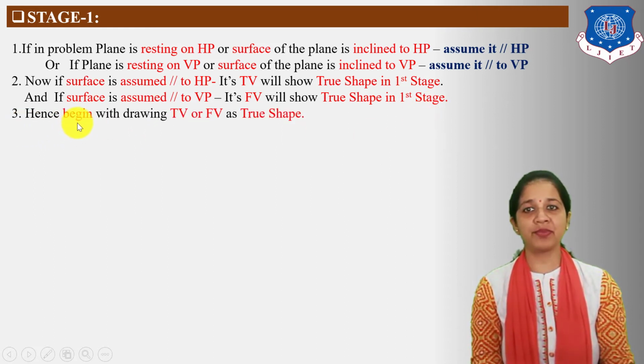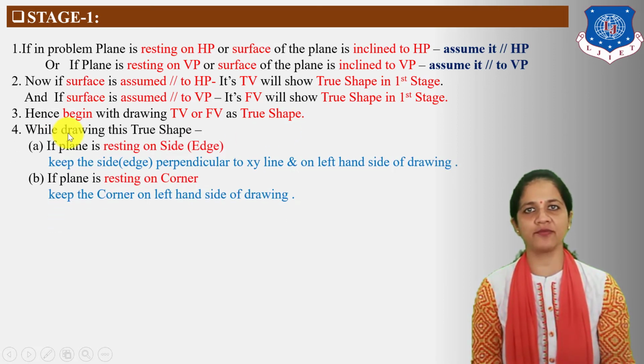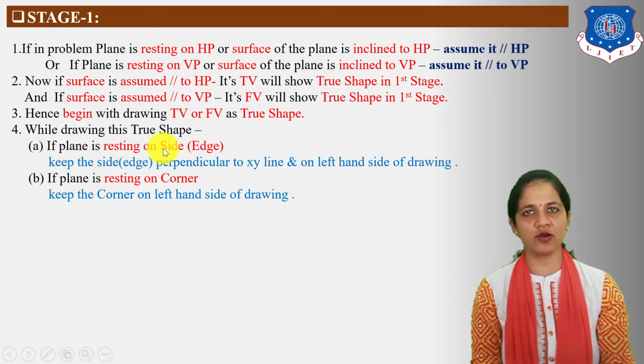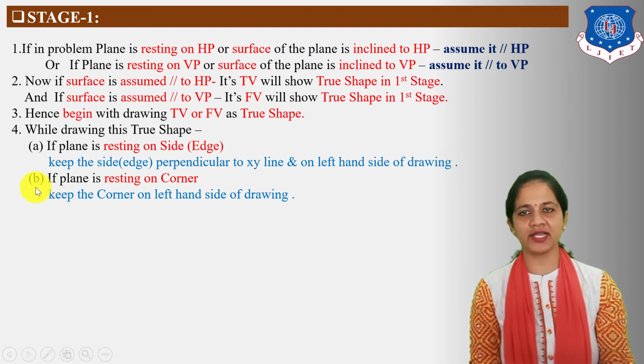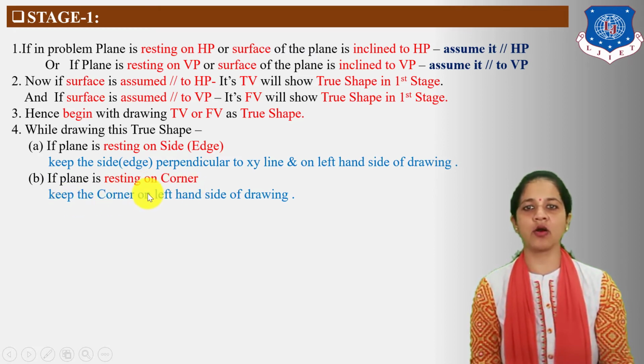Next, begin with drawing the top view or front view as the true shape in the first stage. The last point you have to remember for the first stage while drawing this true shape, remember these A and B points. A: if the plane is resting on a side or edge, keep the side or edge perpendicular to the XY line and on the left hand side of the drawing. B: if the plane is resting on a corner, keep the corner on the left hand side